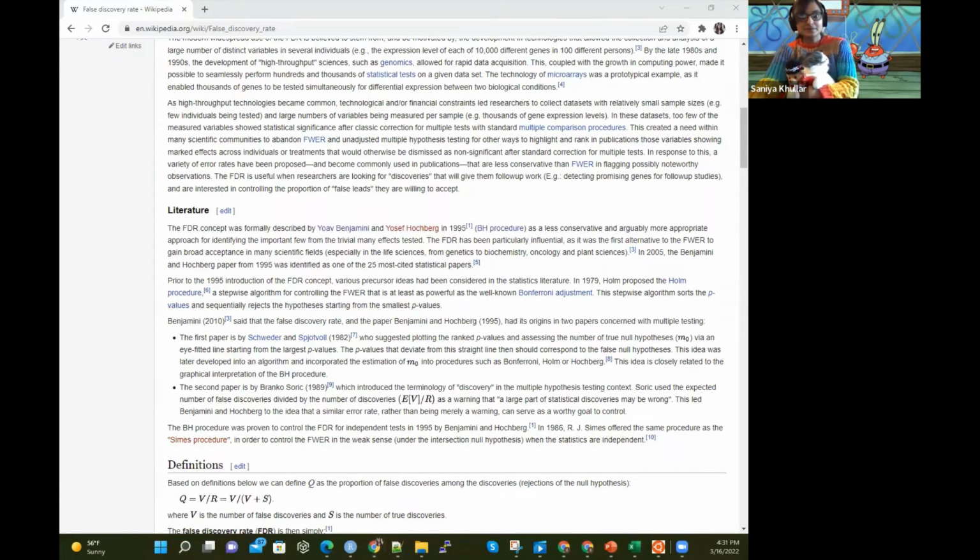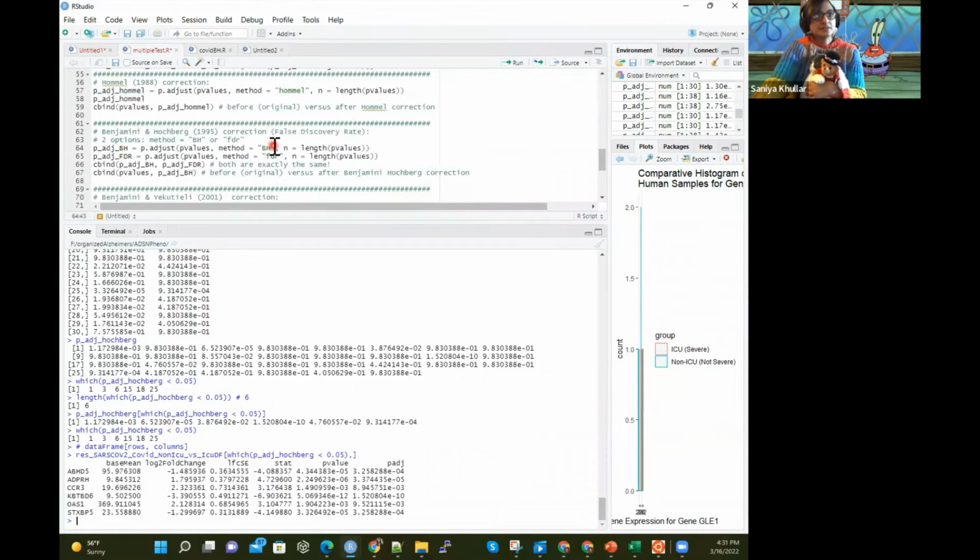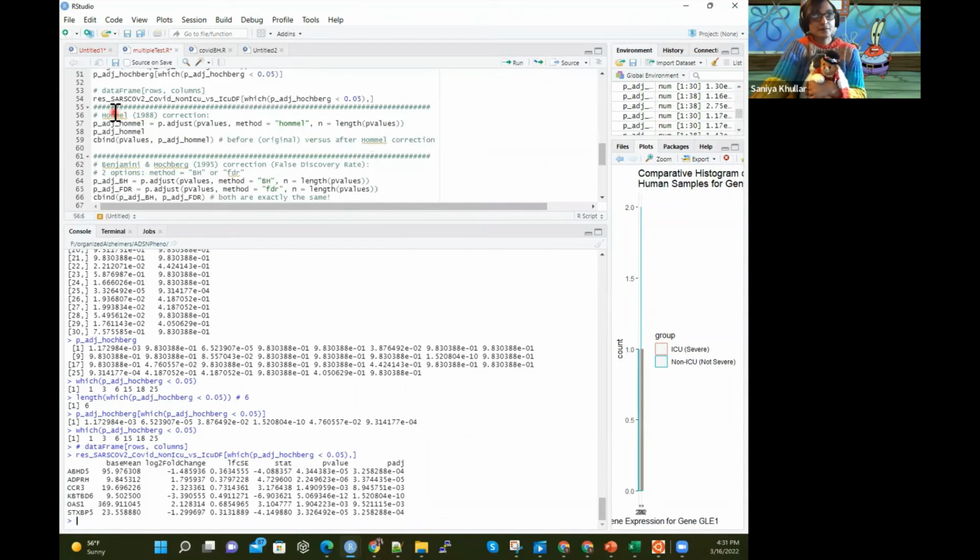So that's what I hope you can take from there. It's the same thing here, and it's another correction procedure. So next we will be looking at the Benjamini-Hochberg test correction, and then we'll go back to the Hommel